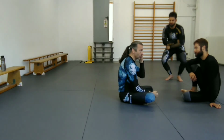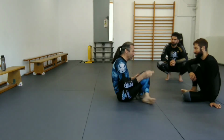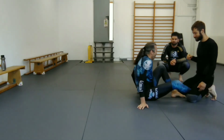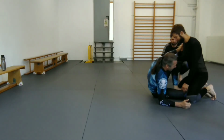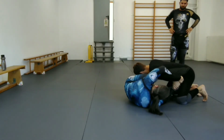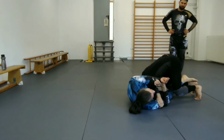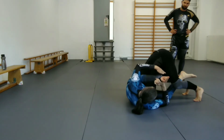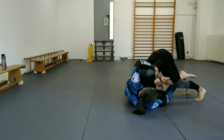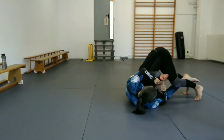Okay? So I'm going to try to roll as controlled as possible. I'm going to try and explain what I'm doing here, because it looks really cool, but there's one or the other detail that if we go too fast, it's going to get messed up. So, okay. So I'm here, come this way, and now when he starts to roll, wait, don't roll yet. With this foot, I'm going to actually let him roll, and I want to come behind his neck. Okay, so when he rolls,